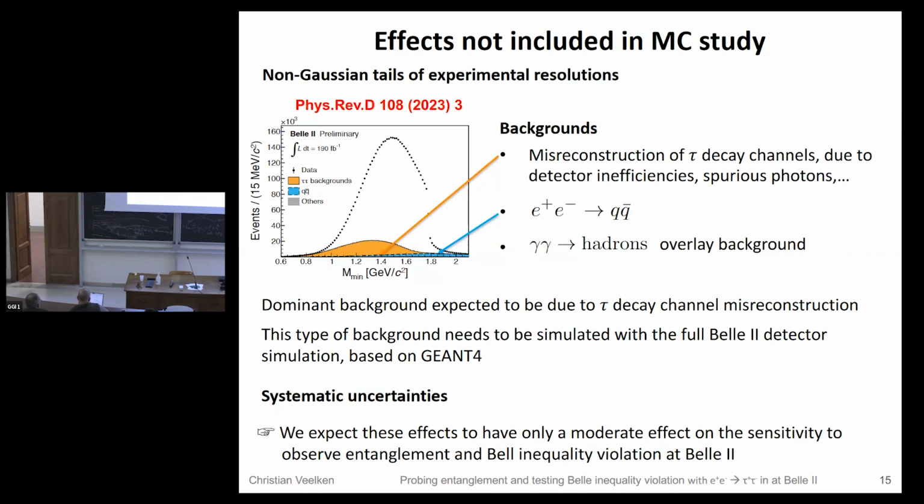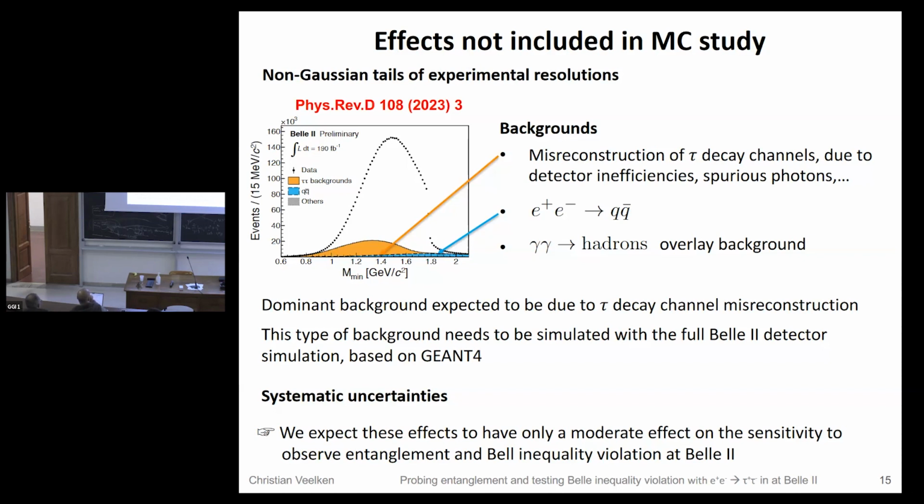One is the polarimeter vector, the analytic form of the polarimeter vector. Remember, they differ for the different tau decay channels. So if you get the tau decay channel wrong, you simply use the wrong formula when you compute the polarimeter vector. And the other effect is, of course, if you misreconstruct the tau decay channel, you will use the wrong 4 vectors in the wrong formula. So it's a bit hand wavy to estimate this effect. I don't expect it will be a large loss.